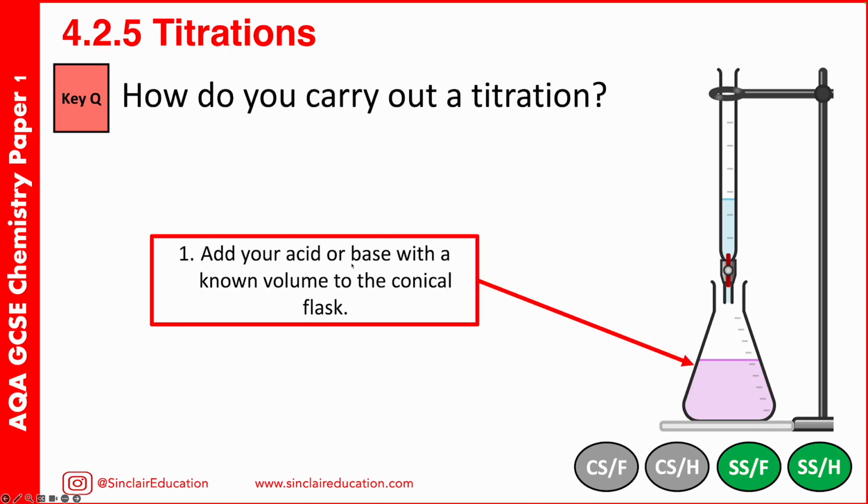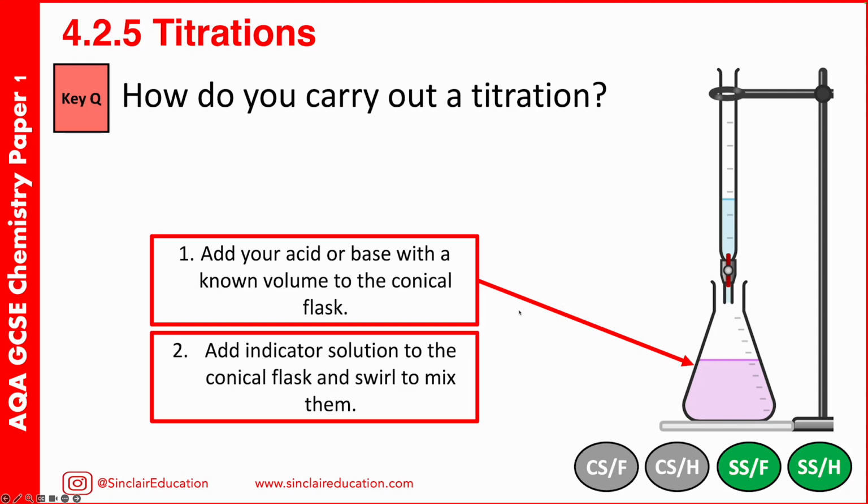And we can use a pipette to do this. So we'll add our acid or base, 25 centimetres cubed, with a pipette to the conical flask. We use the pipette because it's very good at measuring fixed volumes. And this will be the substance that we don't know the concentration of, typically. What we'll then do is add our indicator, swirl this to make sure it's mixed,